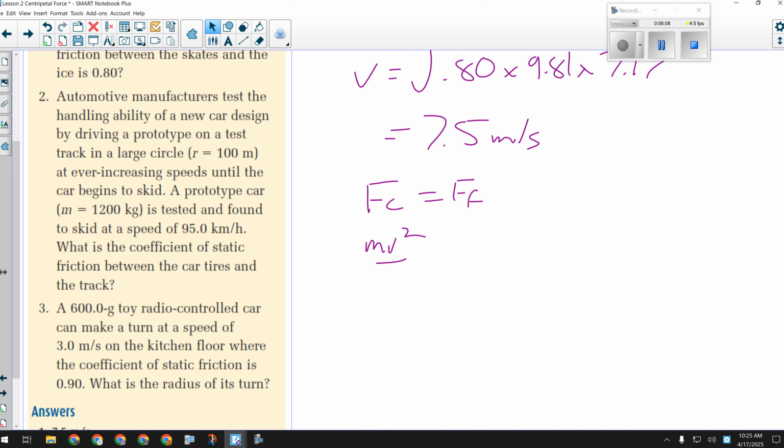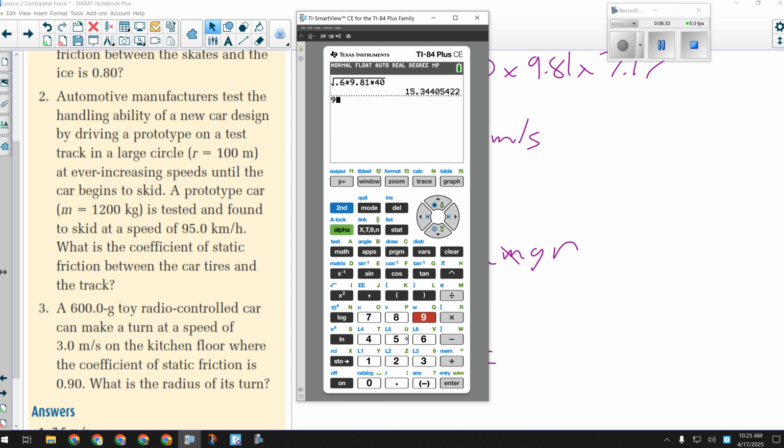We've got mv squared over r equals mu times m times g. This time we're just looking for r. So we're going to multiply both sides by r and then bring everything else over. The m's are going to cancel and we're going to have v squared over mu times g equals r. So we'll take our 95 kilometers per hour, which obviously we have to convert to meters per second,